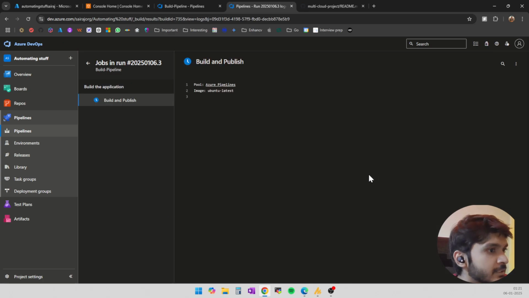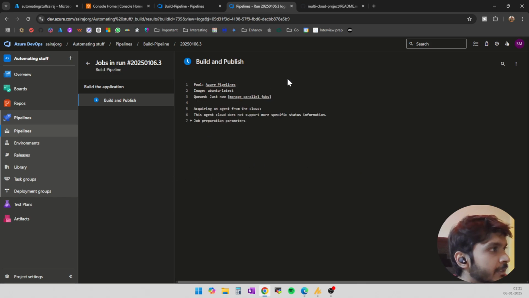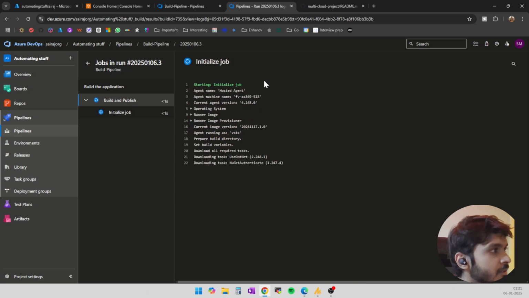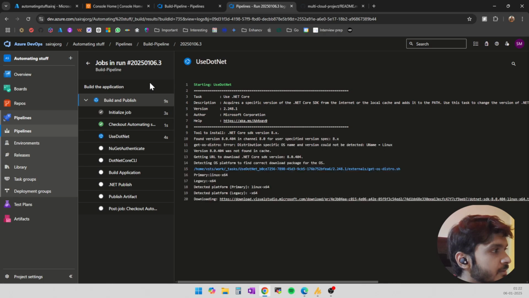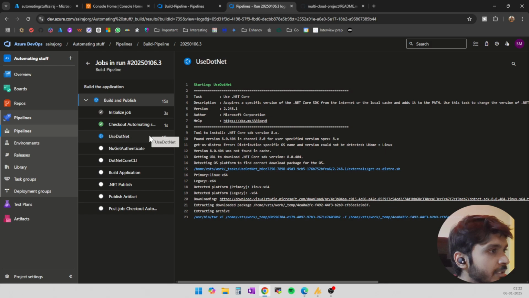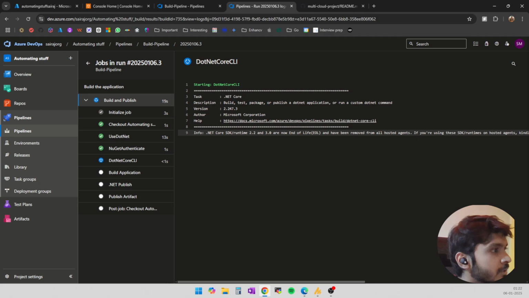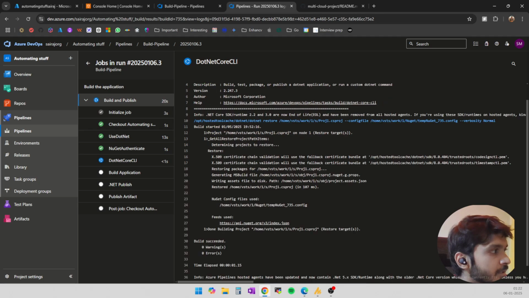So as you can see, the status is queued. We'll be getting a pool from Microsoft hosted agents. The checkout is successful. You can see the .NET version 8 SDK version is installed. We'll be using